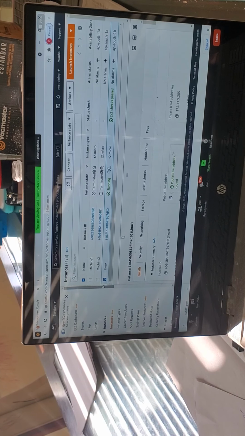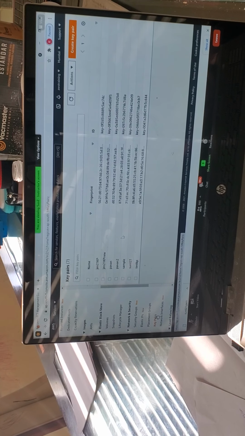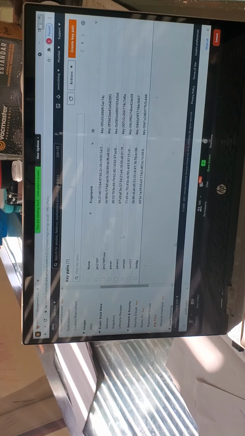One minute. We have an option of key pairs here. Wait, where are these key pairs? Yes, here you have key pairs. Okay, created one key pair, sir. Yeah, these are all the key pairs which I have downloaded. Yes, sir. But tell me, we imported now, sir, from PEM file to PPK file.